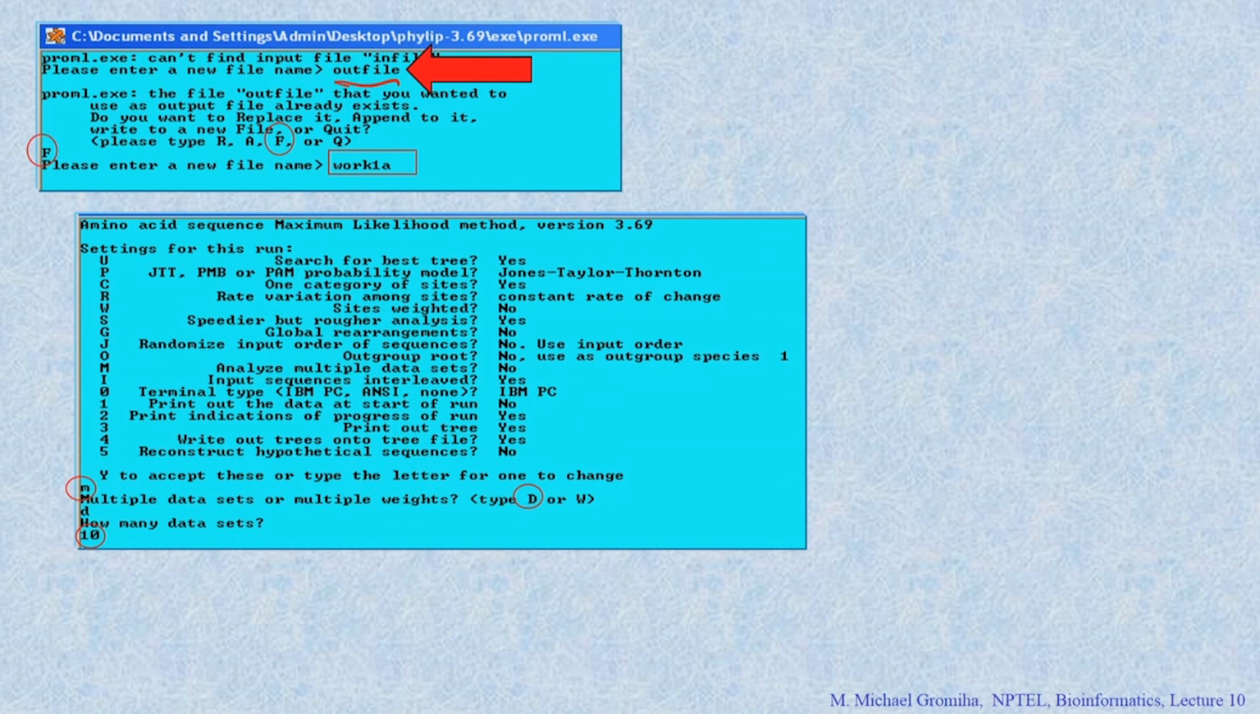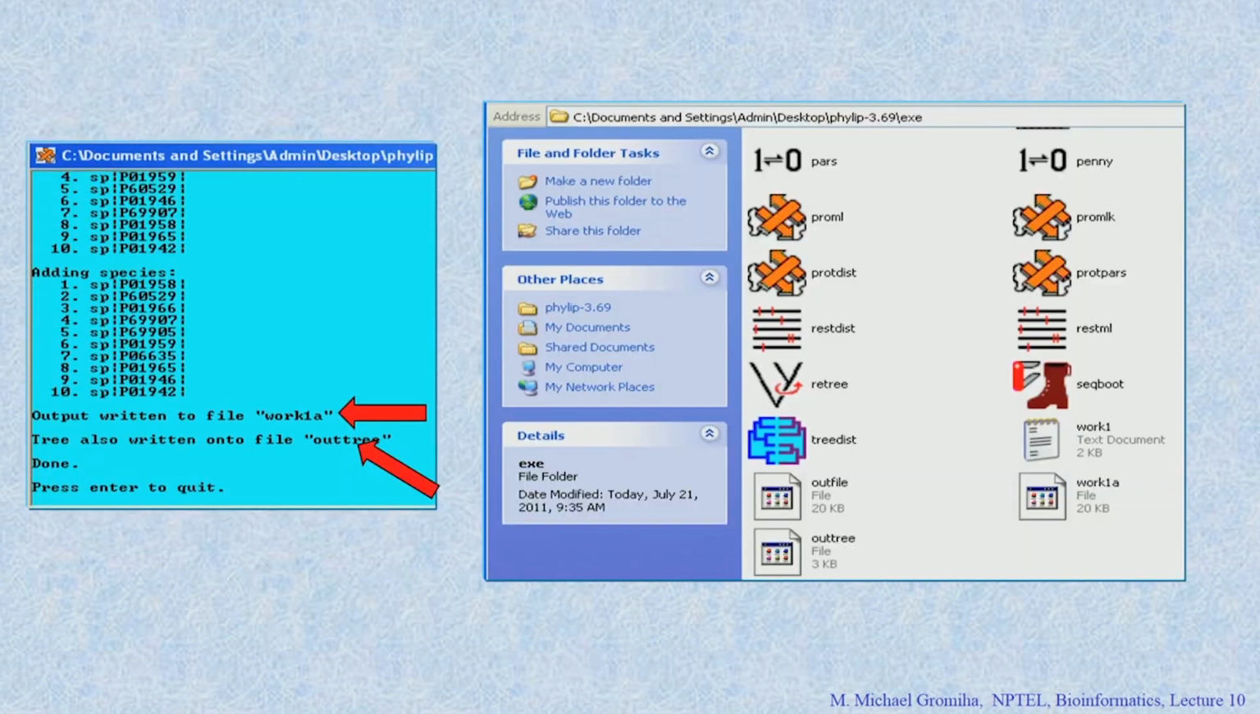to change anything. If you do not want to change, just put y. If you want to change, you can give the letters appropriately and you can change. How many times you want to jumble this sequence again, right. You can also do that, and finally you can get these things, okay. They got the trees and they wrote in this out tree, this output we can see here, right, file it